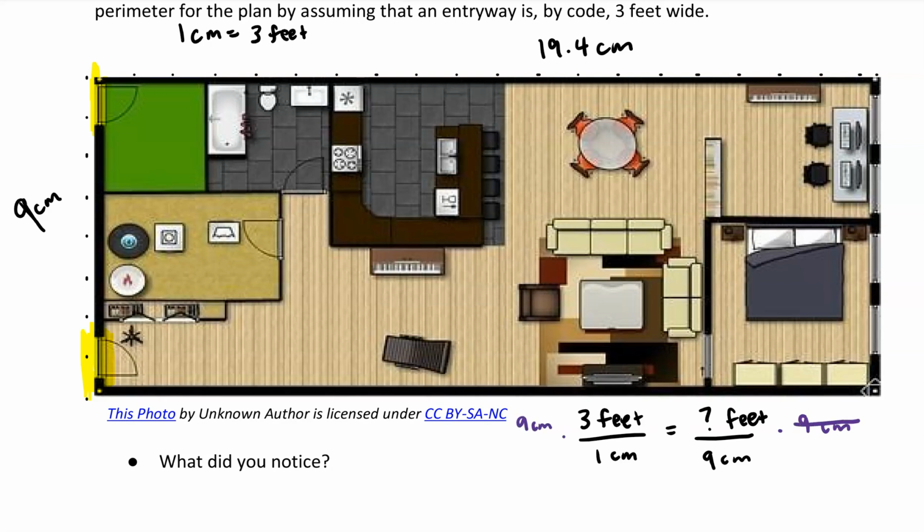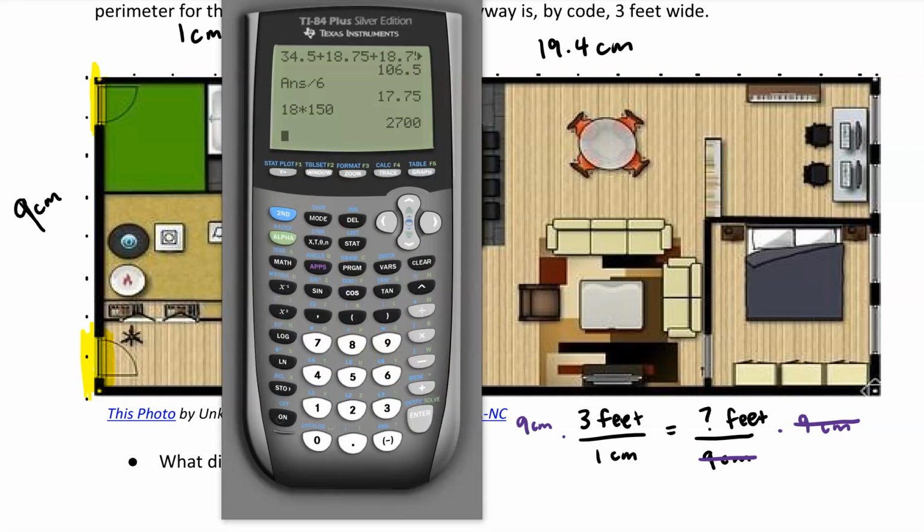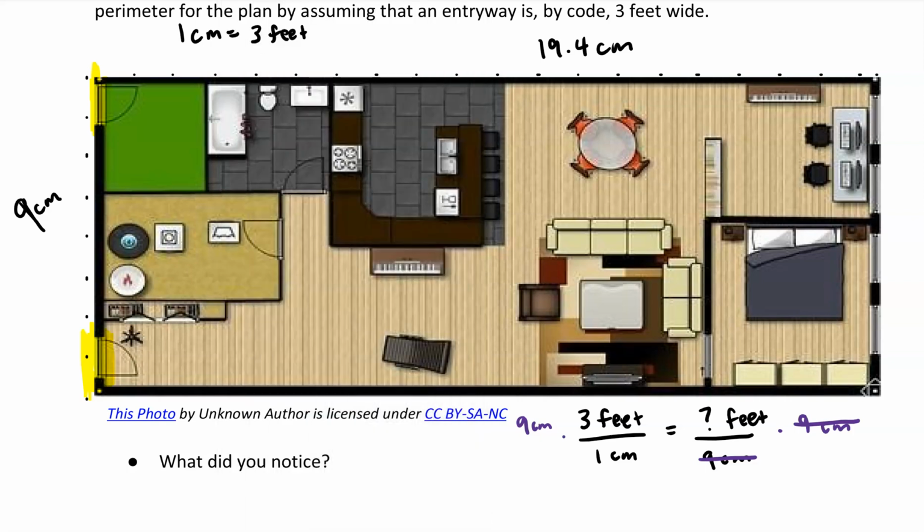So if I multiply that, those will divide out, and basically I just want to multiply 9 times 3 divided by 1. So if I do that on my calculator, I'll do 9 times 3 divided by 1, which is just the same thing as 9 times 3, and we know that that's 27. So here this is equal to 27 feet,